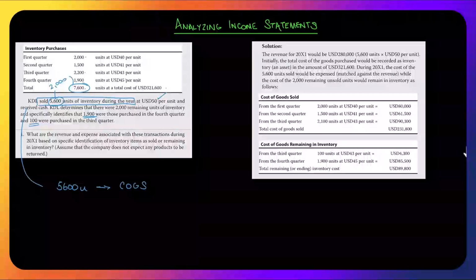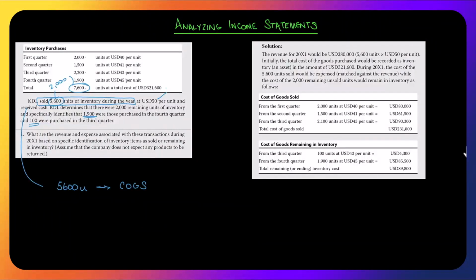as sold or remaining? So if you have looked at the inventory reading, they don't want us to get into LIFO and FIFO here. They're telling us literally which units are left. 1,900 from the fourth, 100 from the third. So it should be pretty straightforward. What's the solution? Revenue,